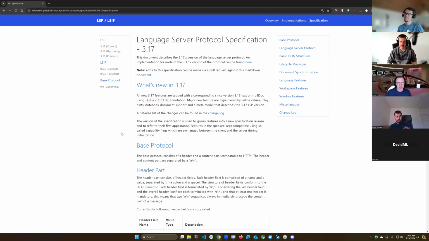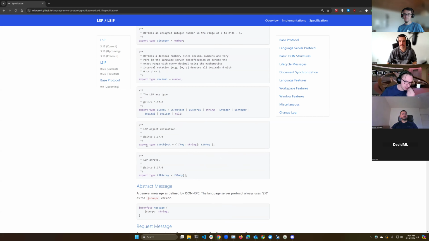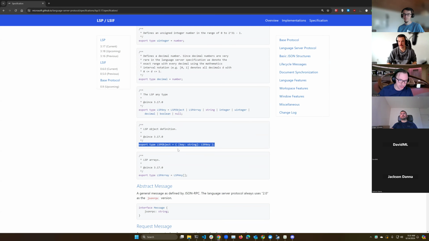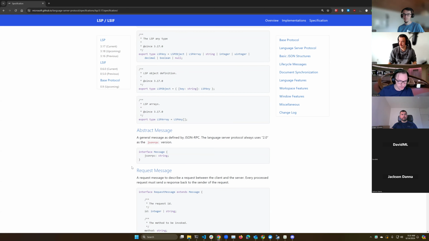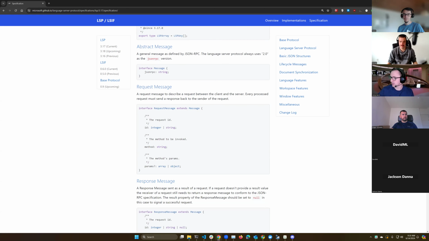One of the things that's been kind of annoying about this is that it's typically written in TypeScript, and that means everyone has to come to this page, look at all these types, and handcraft their own types from this particular page. If you have another language, you've got to make sure that whatever this looks like, you go and create that in your own language. Kind of annoying.